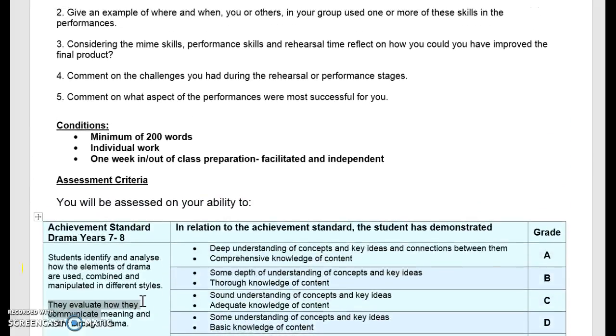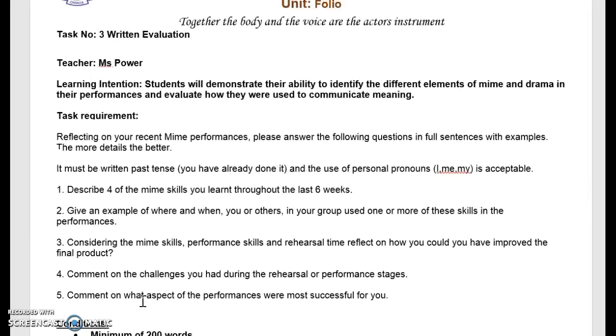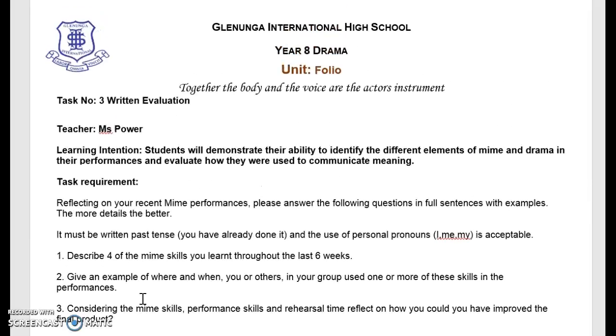I hope that was helpful in describing the task for you. You can also see on Google Classroom an A example and a C example, and we're going to go through these in class. This is going to be due next week. Please see Google Classroom for the exact due date.